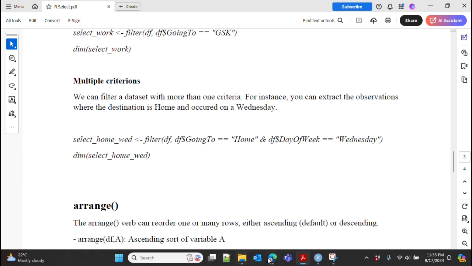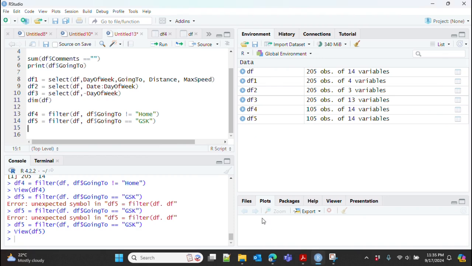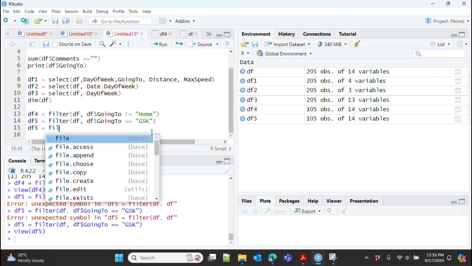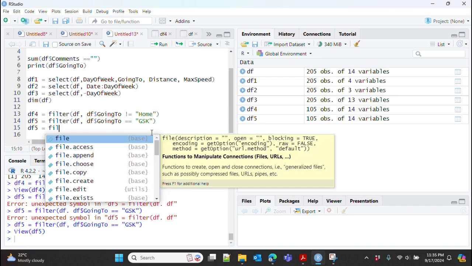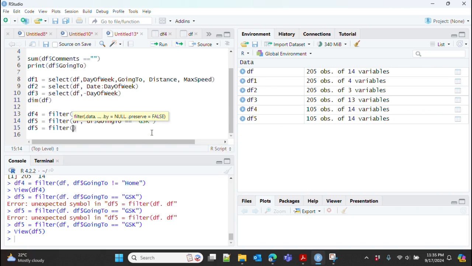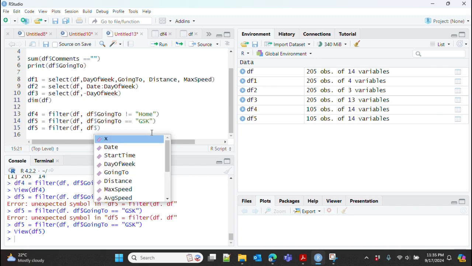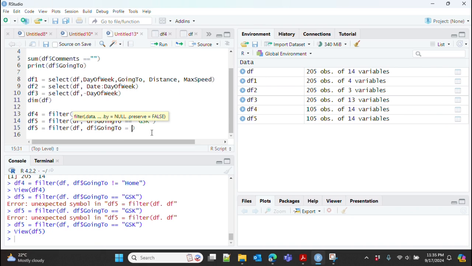Okay. A new dataset, filter df. Then the first one is df going to equal home